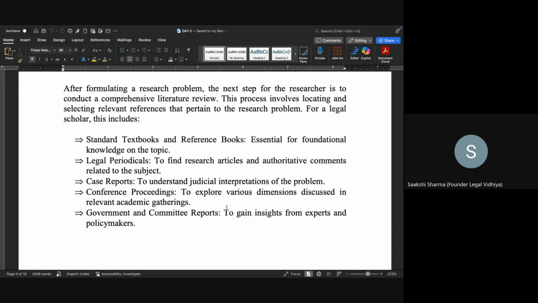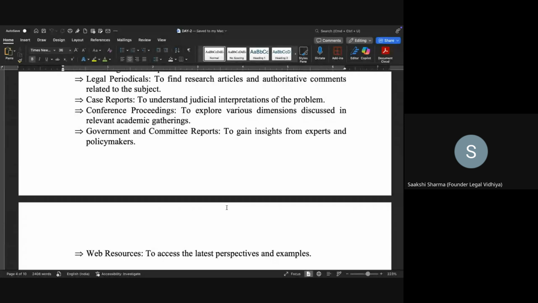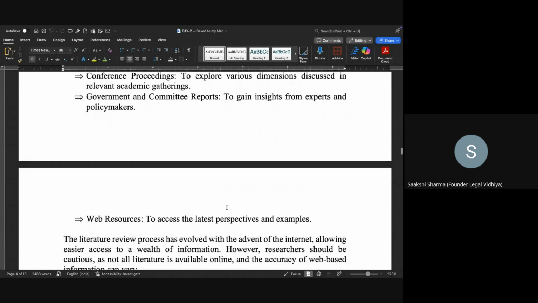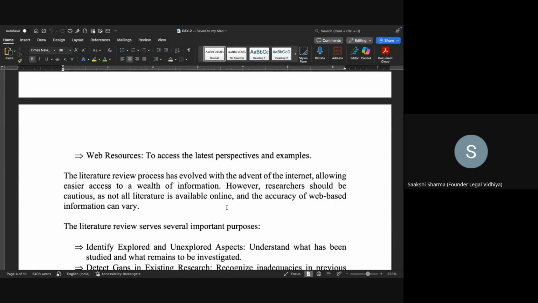But now, since there's internet and everything is very convenient, people usually go on internet and find out sources on that particular issue that they want to write on and read. But whenever you're going to web sources, to access the latest perspectives or point of view, always ensure that the information you're reading is from a credible website. You cannot just read any random website, because there are websites जहाँ पे students अपने blogs लिख के they publish. You cannot just read that and give your literature review. So always read from credible websites. That is something that I suggest.